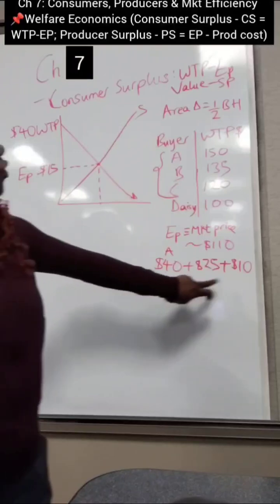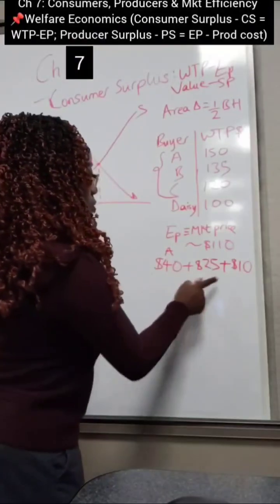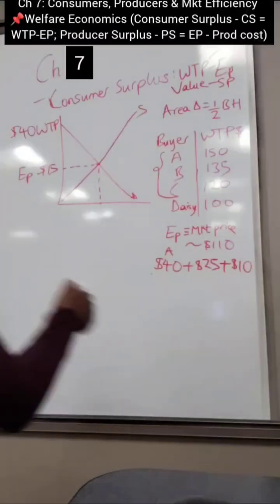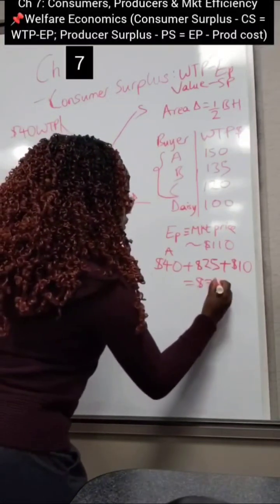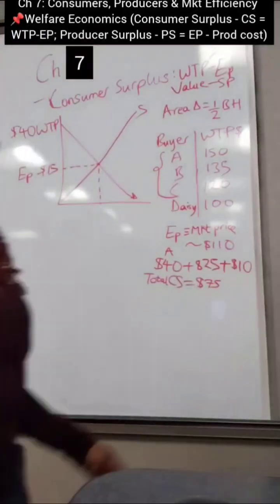So now the addition of all of this is going to give you the total consumer surplus in this market, right? So $40 plus $25, that's $65, plus $10, that gives you $75, right? Which is your total consumer surplus, okay? So that is a quick illustration of how you